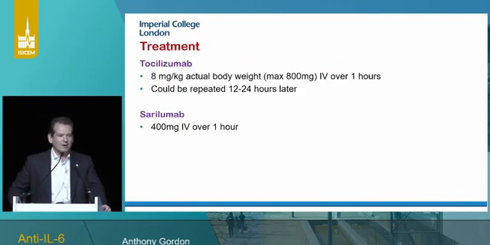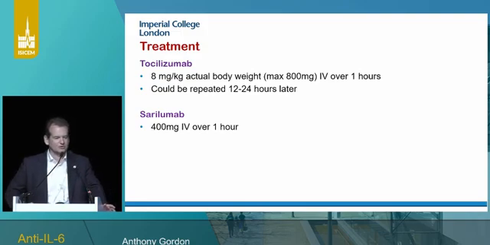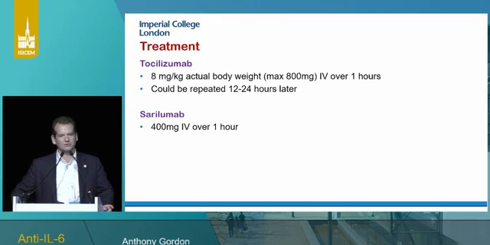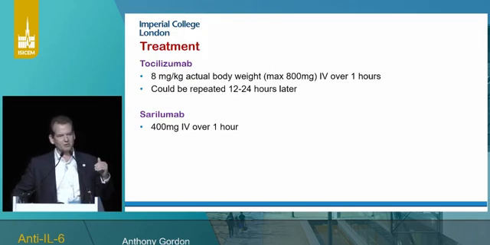We randomized patients to either 2 active drugs, tocilizumab, 8 milligrams per kilogram. You could get a second dose at physician discretion, or sarilumab, another IL-6 inhibitor. This time it was just 400 milligrams, not weight adjusted, and just 1 dose. It was open label, and the control group was obviously no immune modulation.